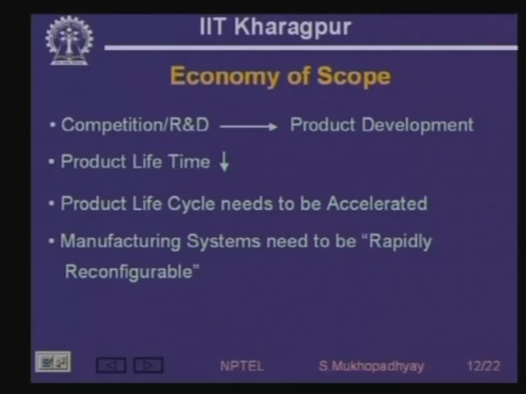So you have to have machines which can today make PCBs like this, tomorrow make entirely different PCBs, right. So they have to be rapidly reconfigurable, and therefore you need,